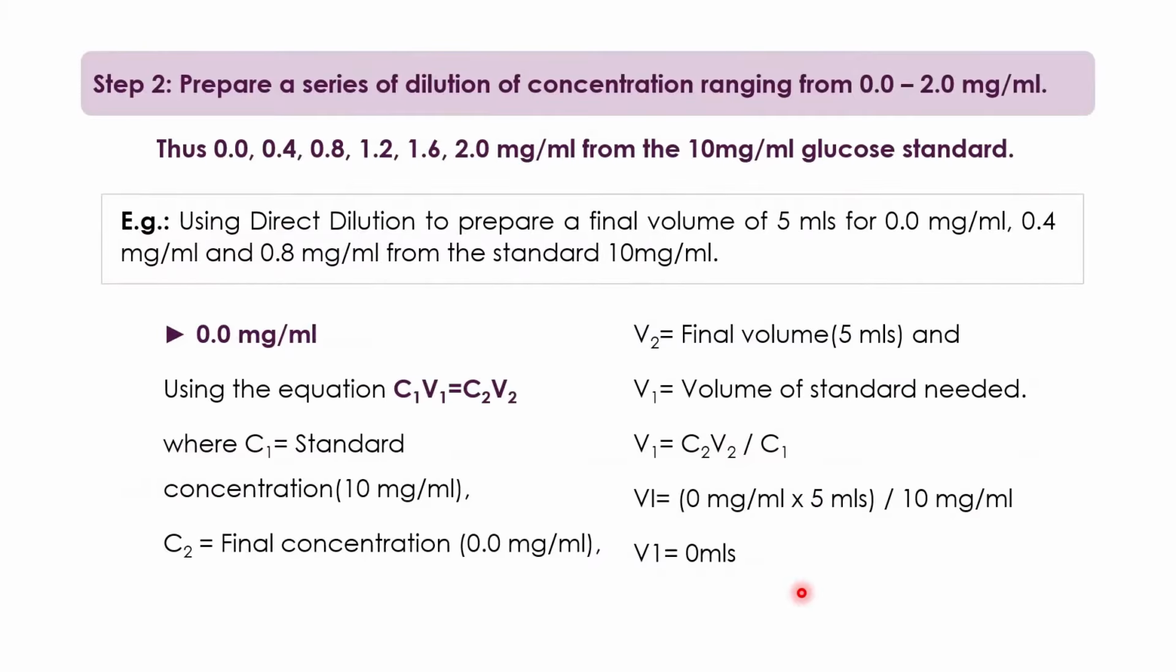So let's just see an example of how to prepare these various concentrations from our 10 milligrams per ml glucose standard. Using direct dilution to prepare a final volume of 5 ml for the 0.0 milligrams per ml, 0.4 milligrams per ml, and 0.8 milligrams per ml from the standard glucose of concentration 10 milligrams per ml. In this video, I just did the calculation for these three various concentrations, 0.0, 0.4, and 0.8